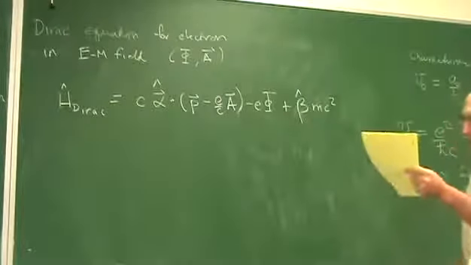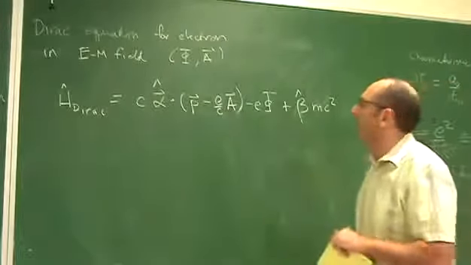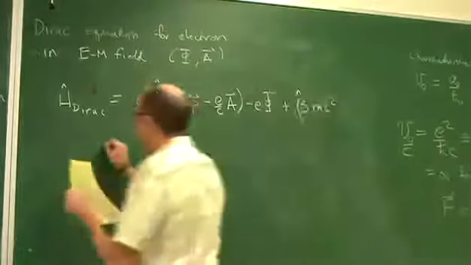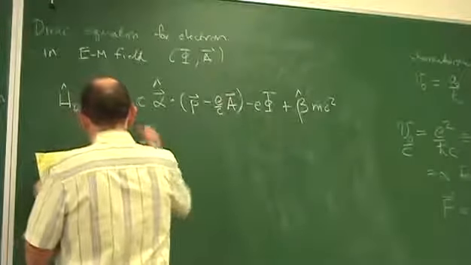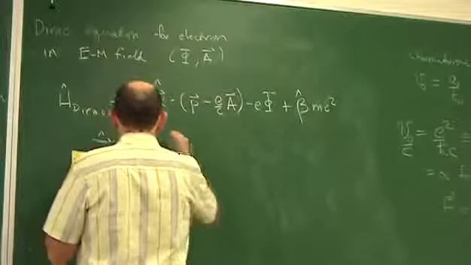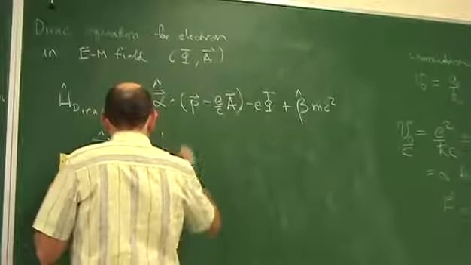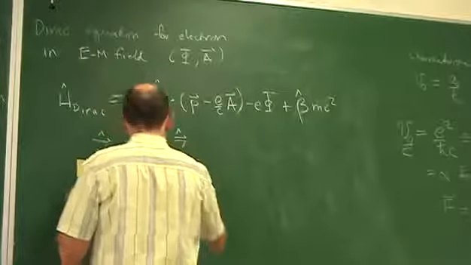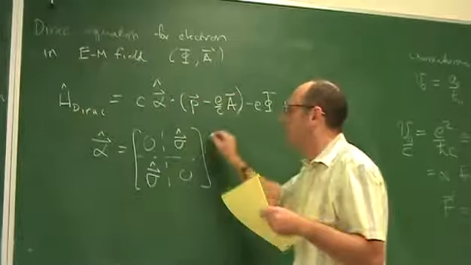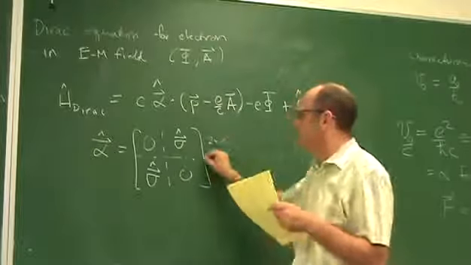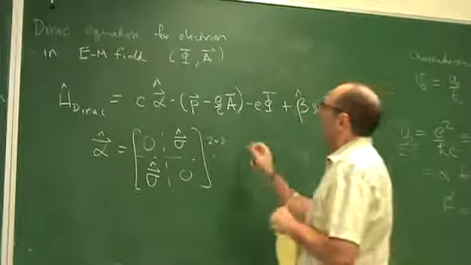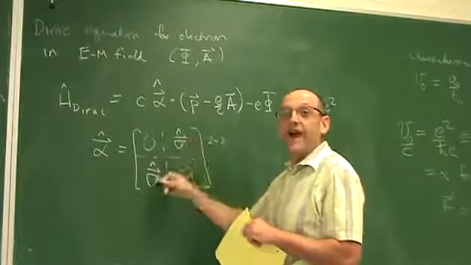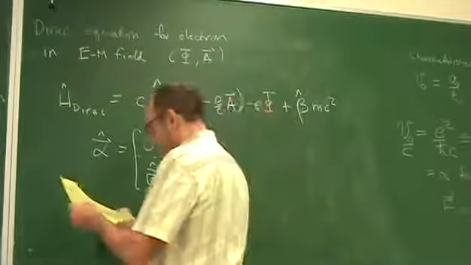Okay? And this is times the unit 4x4 matrix, where alpha is the following matrix. It's not block diagonal, it's a block matrix, where each of the off-diagonal blocks are the sigma matrices. So these are 2x2 matrices. So this term couples the electron and positron together. This is off diagonal. And then you have the beta,